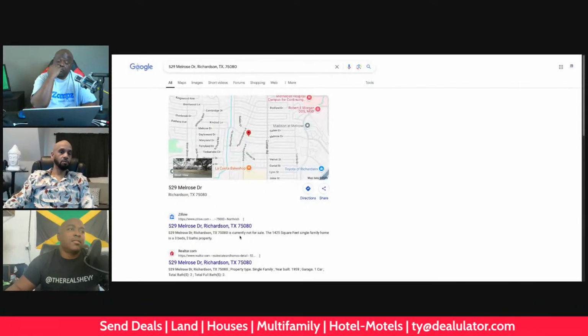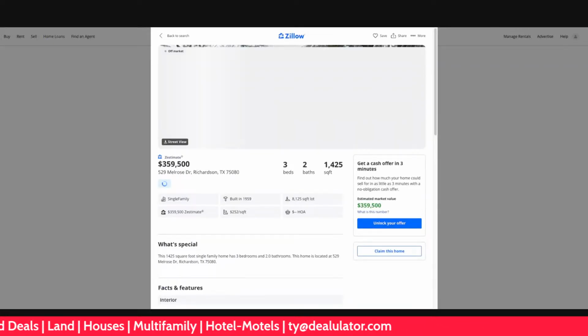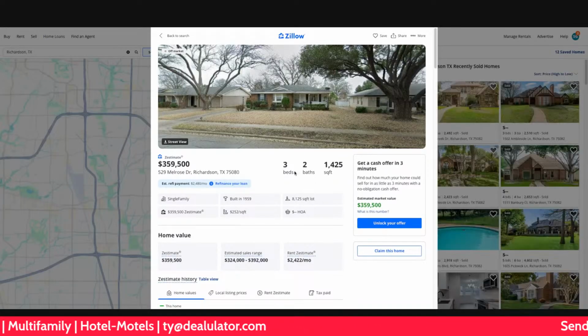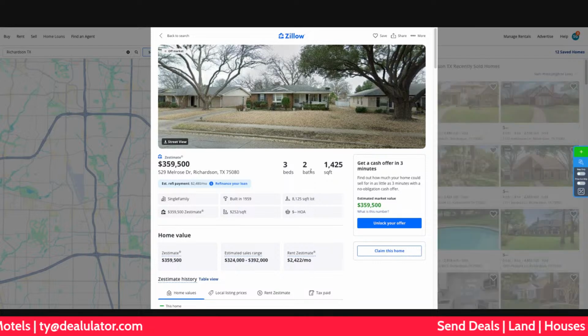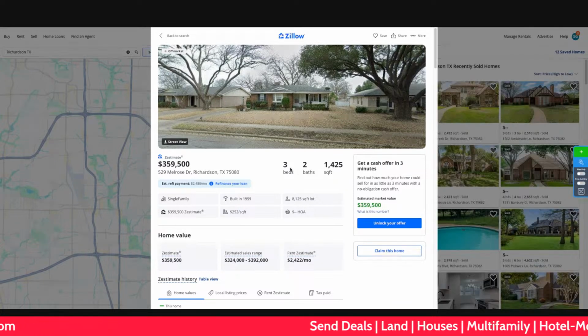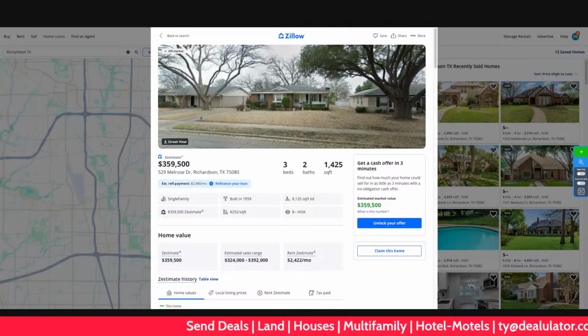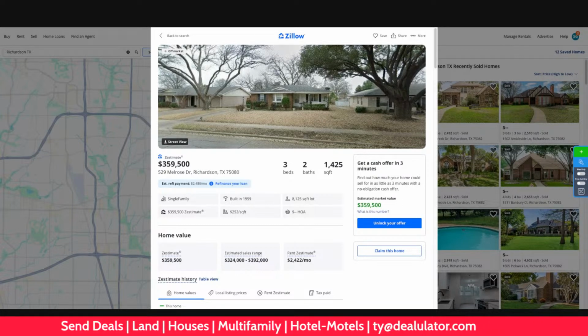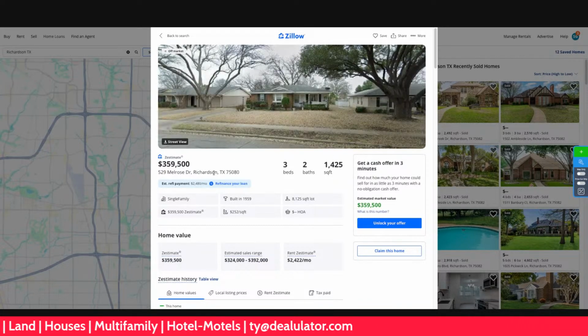Let's see here. We got a property to comp. David Carter submitted a property in Richardson, Texas. He was talking about a different address, but he said this is the right one. All right, let's take a look at that one. Off market. Okay, it's not bad. Have you gotten in touch with the seller? What is the seller asking for, like how much they want? Zillow says 359.5.